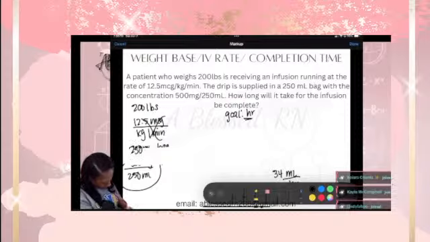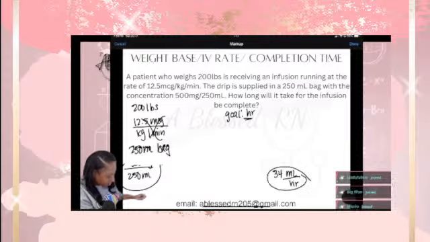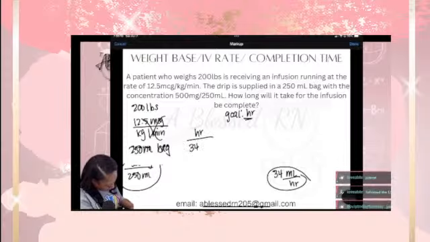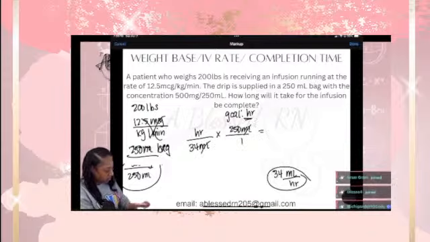So 250 ml bag. All right. So if we're looking for hours, we start with hours. I'm going to take this and flip it because I need hours at the top. So hour over 34 milliliter. Then it says that I have 250 mLs in my bag. So 250 milliliters over 1. Boom, boom. 250 divided by 34 is going to be